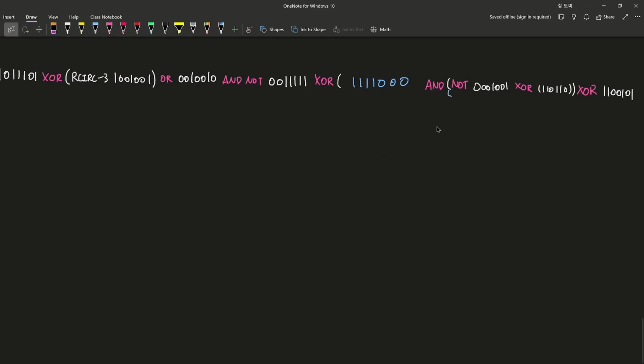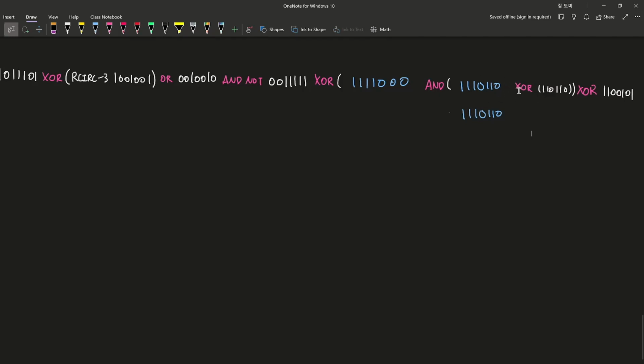So if we move on to this region here, we know that not takes precedence, so we will solve this one first. Not 0001001 is 1110110. We will replace this. Okay. So if we copy and paste,